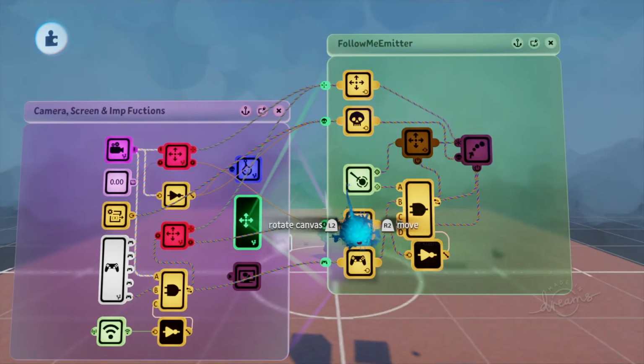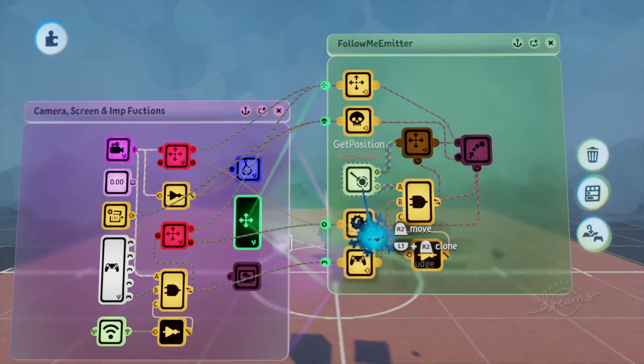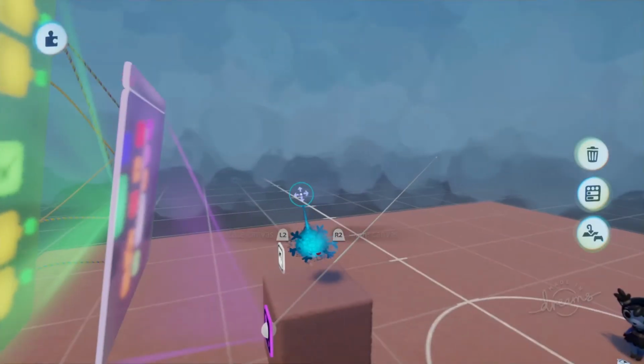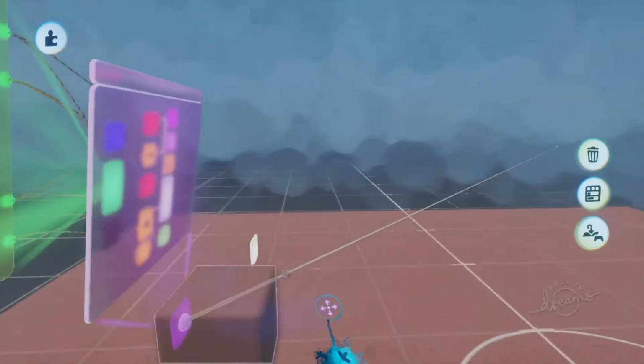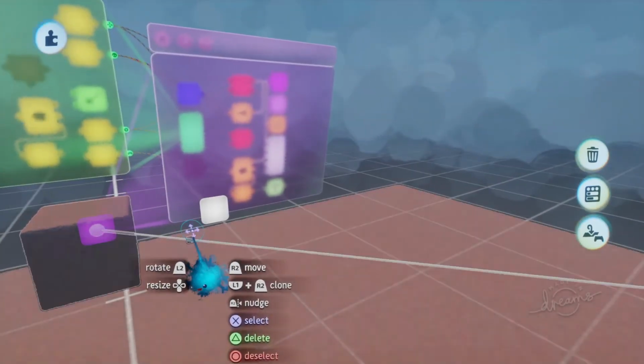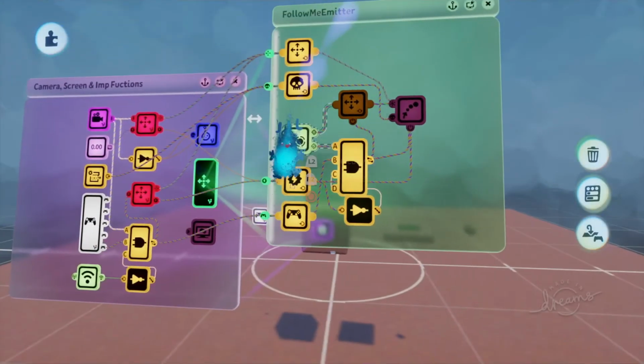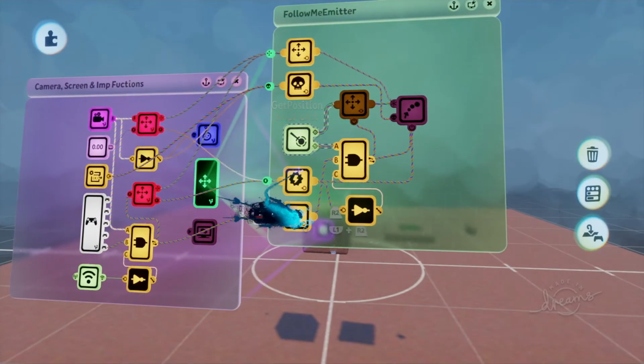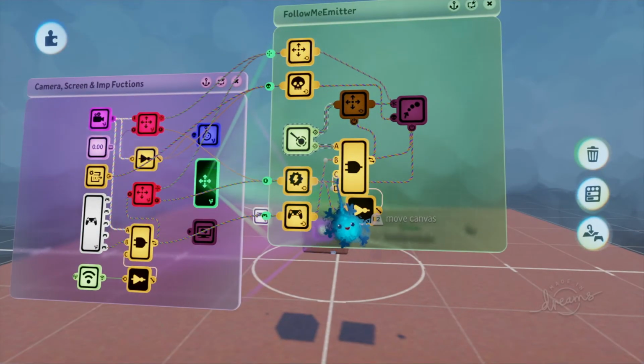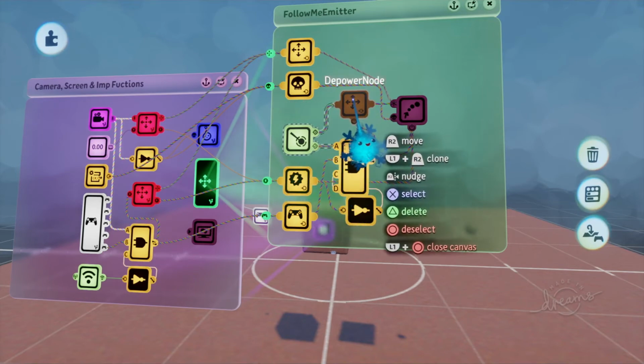So this chip here has a laser scope. This is following the imp, so the little sculpt. Whenever that's moved around the screen, the laser scope follows it around. We then